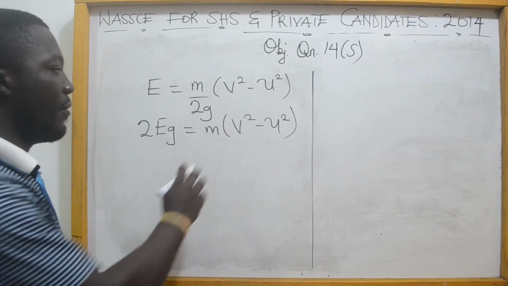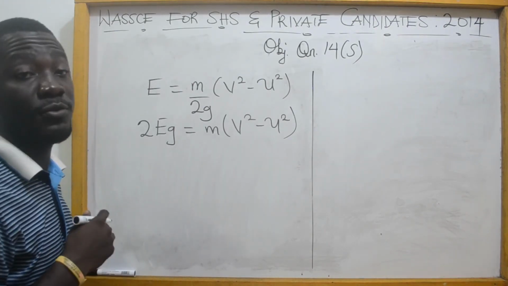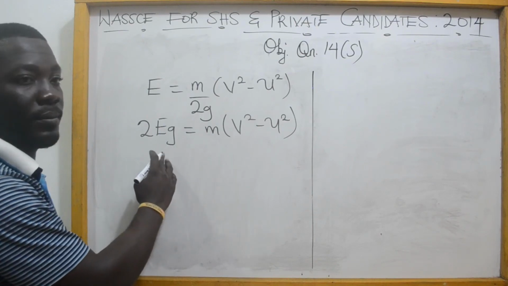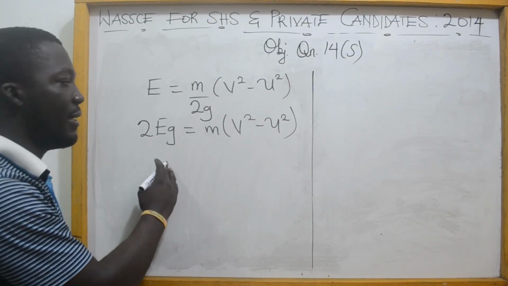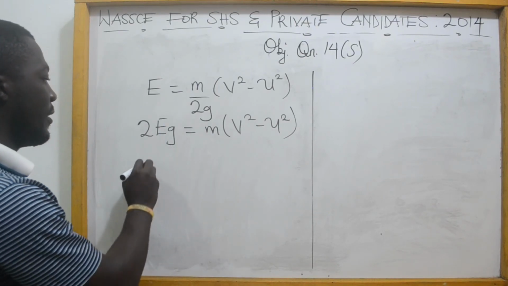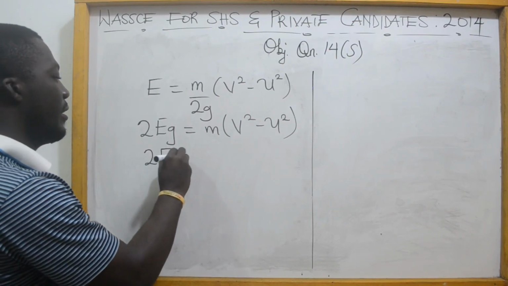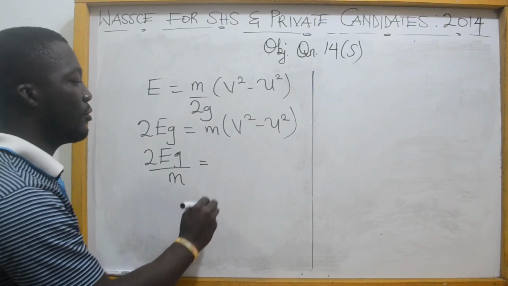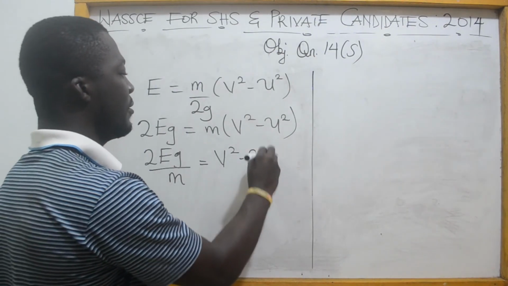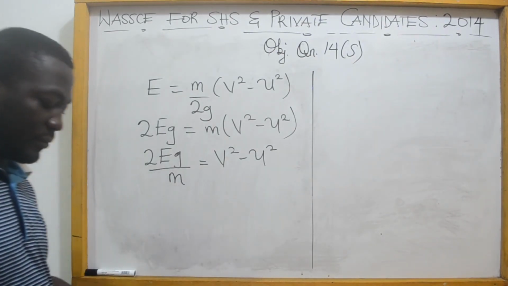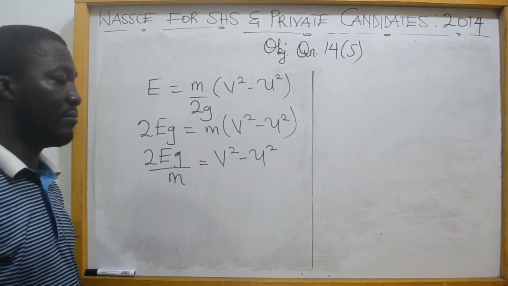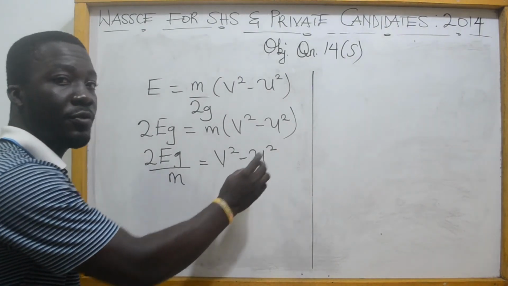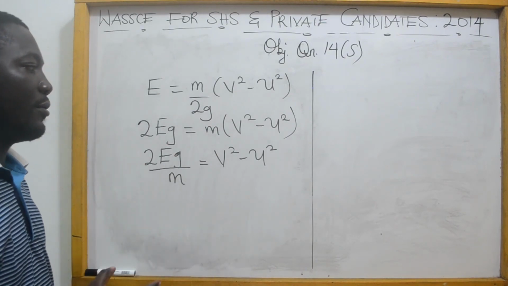We want to get rid of the M. We can also do cross multiplication. So this will cross to the denominator side here. Then we are going to get 2EJ divided by M is equal to V squared minus U squared. We are making U the subject. So we'll make sure that U squared stands alone. So this one will be